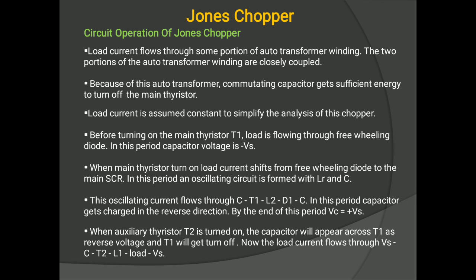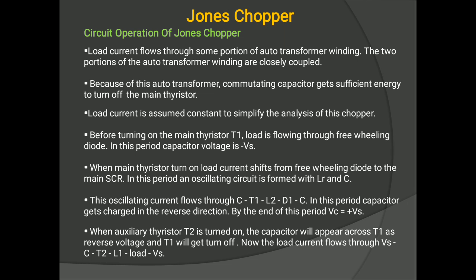If the main thyristor T1 is on for a long period, then the motor will reach the maximum steady state speed, which is determined by the battery voltage, the motor and the mechanical load characteristics. If thyristor T1 is off, the motor will not rotate. If thyristor T1 is alternately on and off in a cyclic manner, the motor will rotate at some speed between maximum and 0.